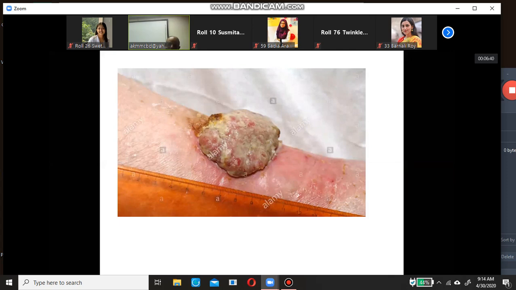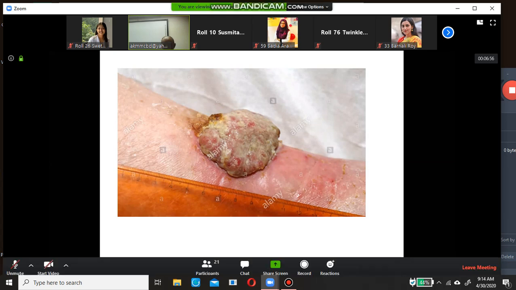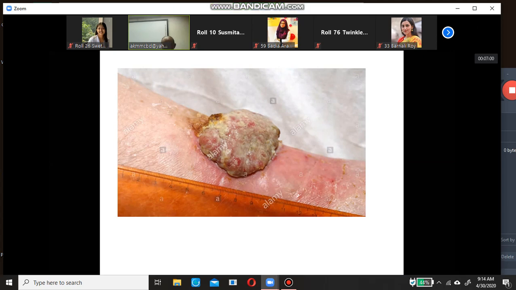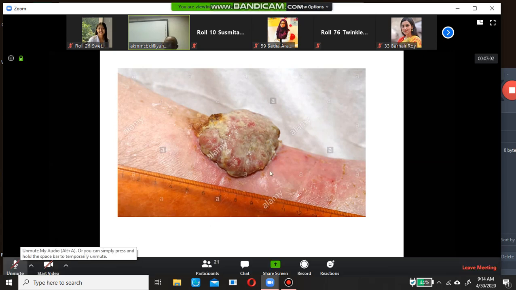And now come to this specimen. What is this? Can anyone say what the specimen is?